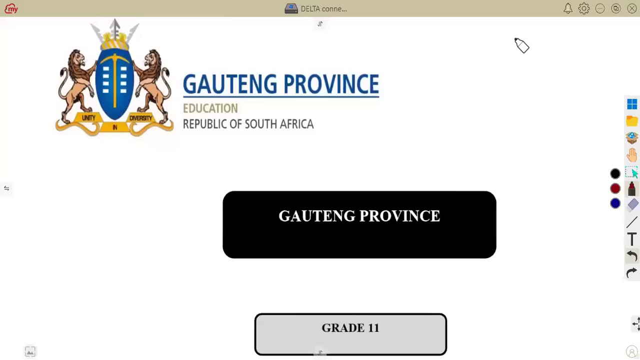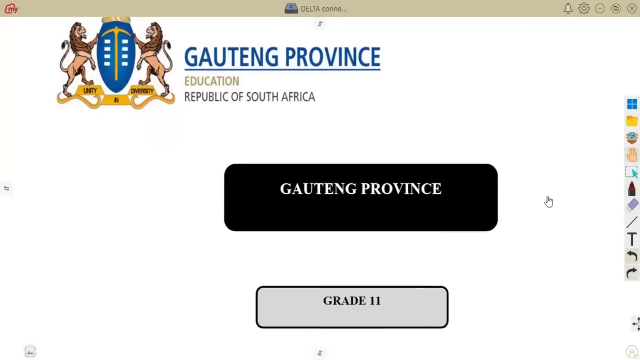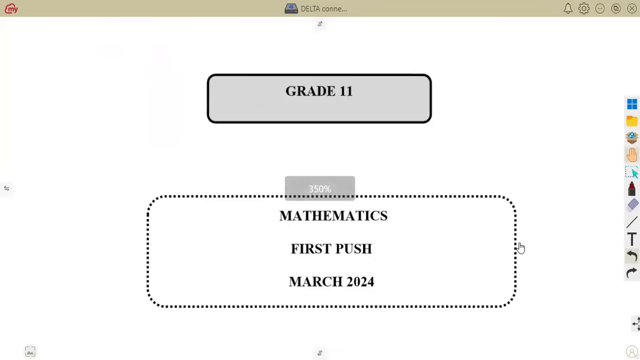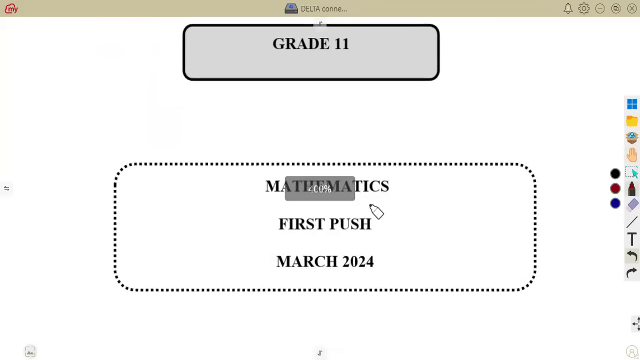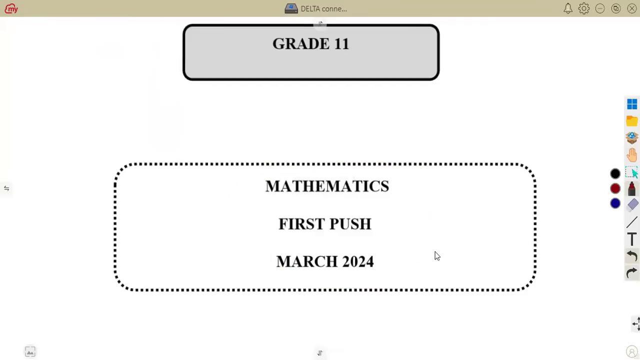So in this case, we are going to consider another typical exam revision. This is a typical test of our Gauteng province that we are going to take into consideration. This was the first push which was given just for the first time to work out. Then we are going to